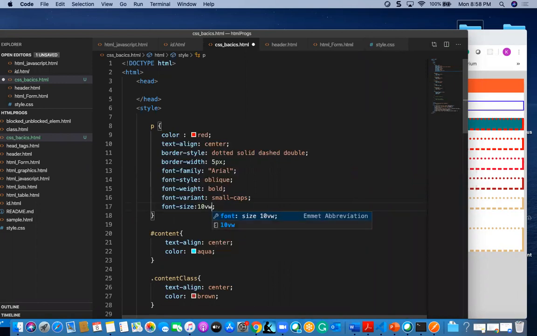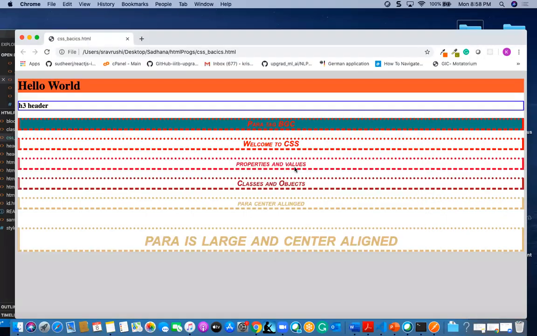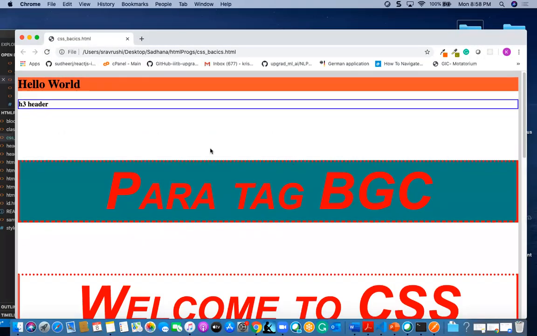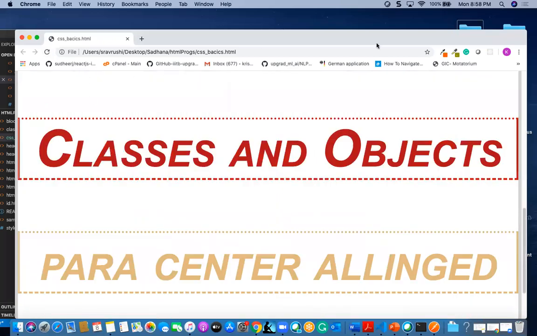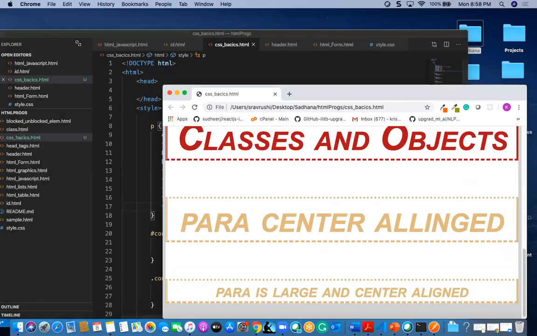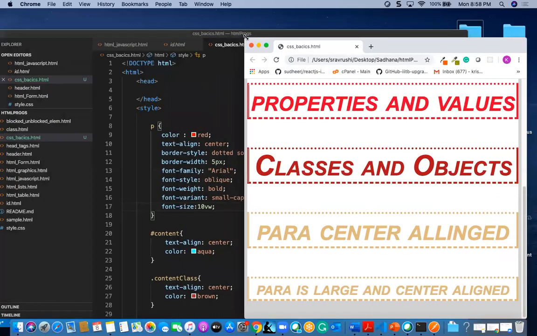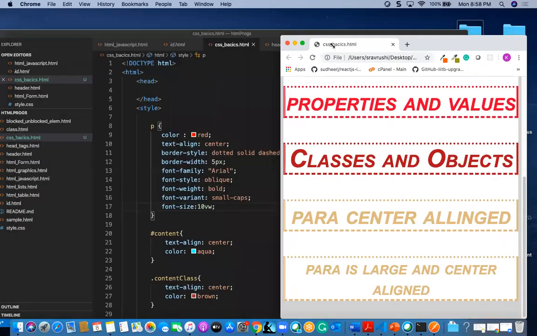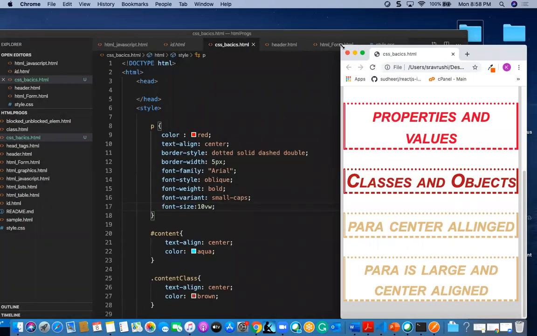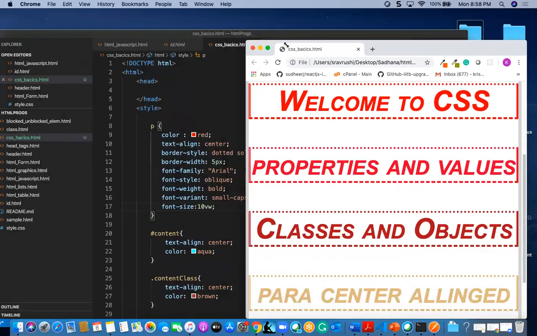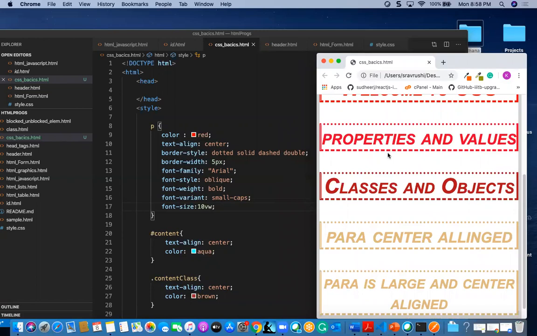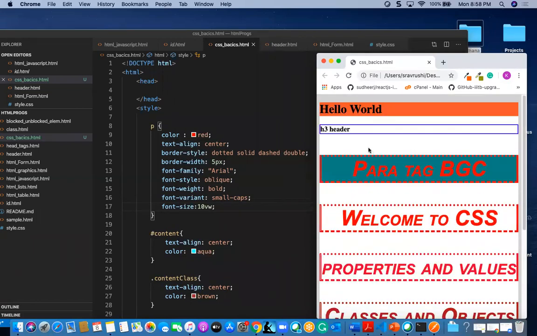With this I can find the font in this format, and though the browser is shrinking, they are aligned according to the width of the browser all the time, and you don't find any loss in the text.